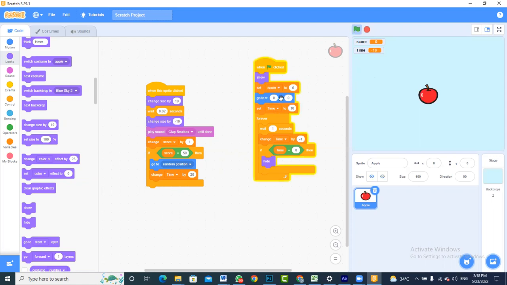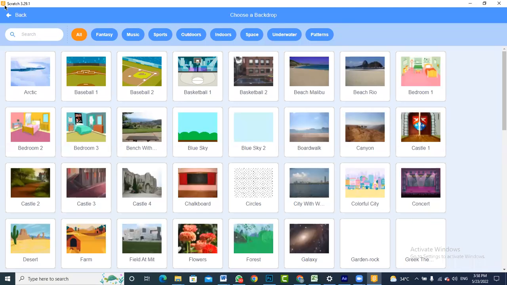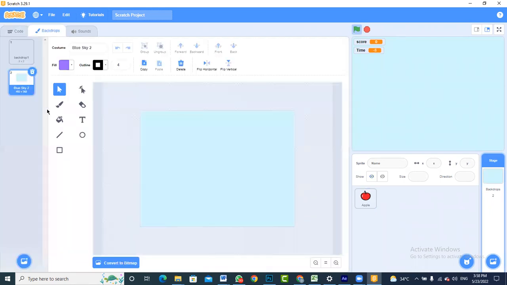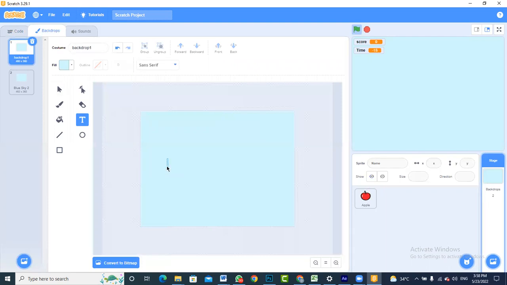Fine. Now let's change the time back to 30 seconds. And also we present something when we have lost the game. So we go to this backdrops option. Let's not say loser this time. Instead, let's say start again. Right. So let's write it here. Press the green flag to start